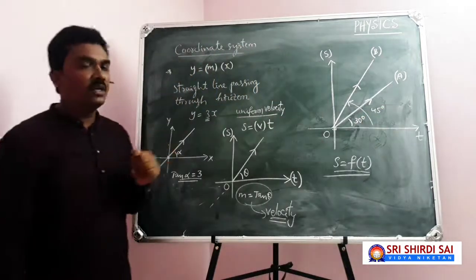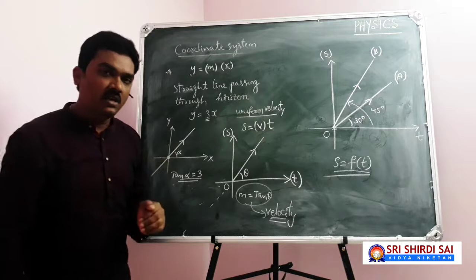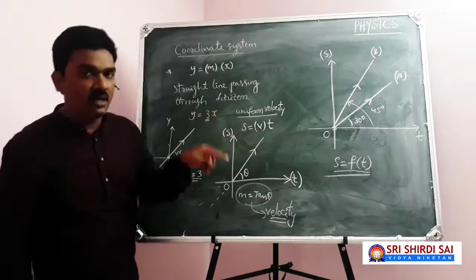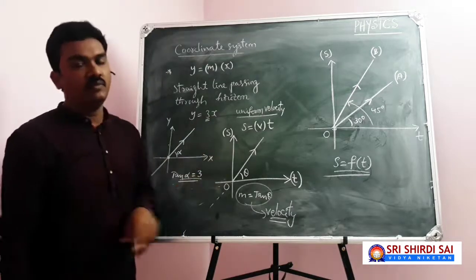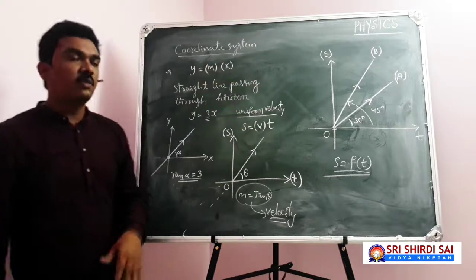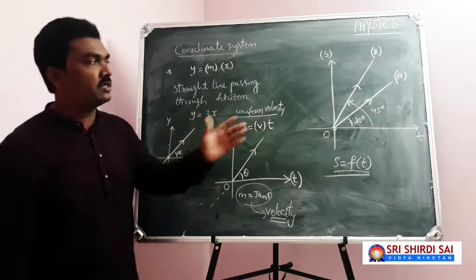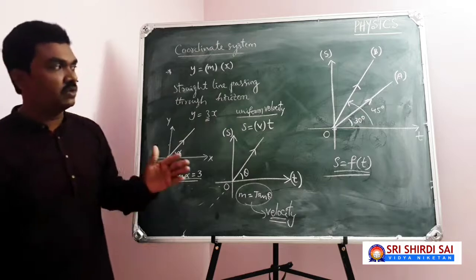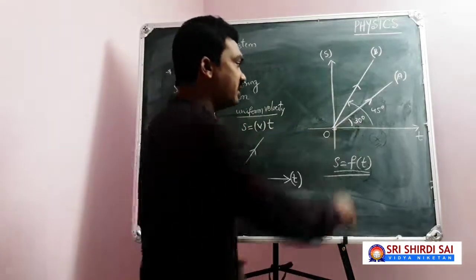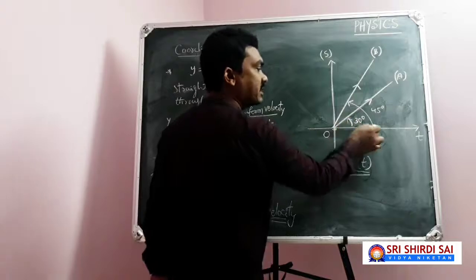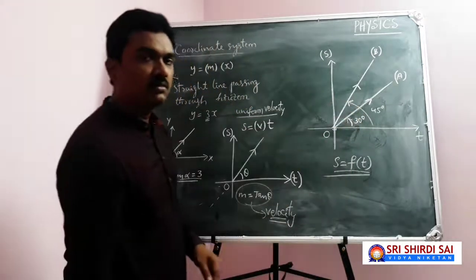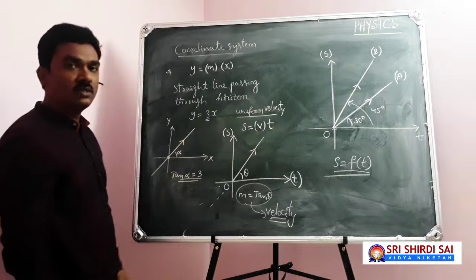So what I am showing, I have studied how the displacement of A and B varies with time, and I have drawn displacement versus time. In both cases, I have come across the graph is a straight line passing through origin. But in the case of A, the straight line makes 30 degrees with the positive direction of x-axis. In the case of B, it makes 45 degrees. What can you say from this?